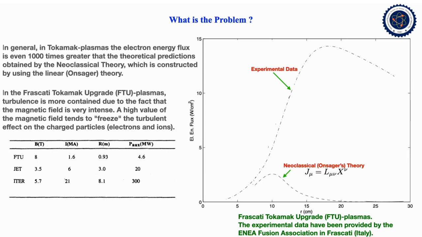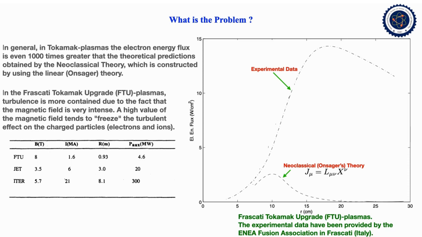The electron energy losses towards the boundary. And the other curve on the bottom is the theoretical prediction. As you can see, there is a strong discrepancy, both qualitatively and quantitatively, between experimental data and theoretical prediction. In this case, the order of magnitude of the discrepancy amounts to about